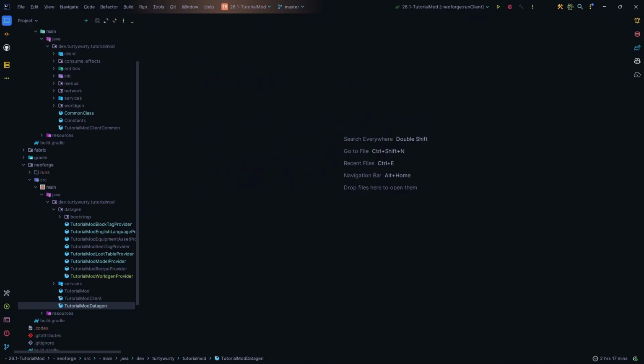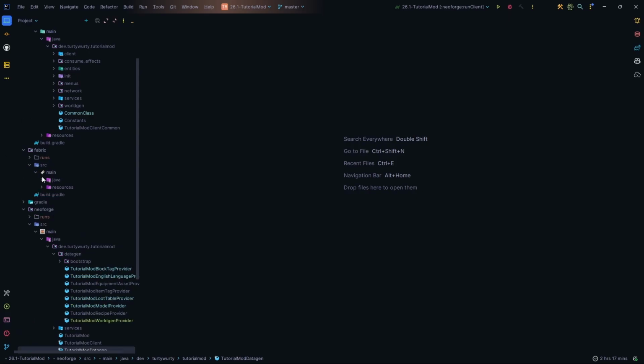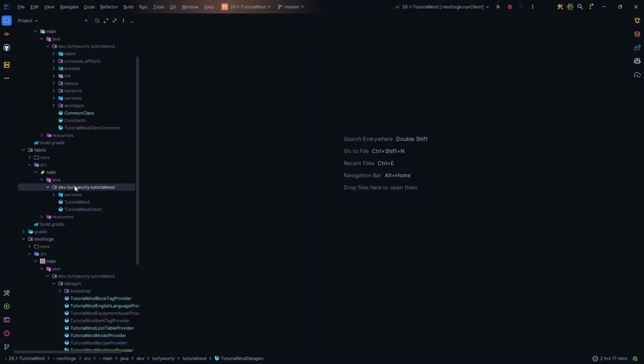The final thing that we need to go ahead and do is we need to actually register those same biome modifiers, but for Fabric, since Fabric has a very similar system, but it's not quite the same. It's not quite shared across loaders. So we do need to come into Fabric, and we need to replicate that. So we're going to come in Fabric here. We're going to create a new